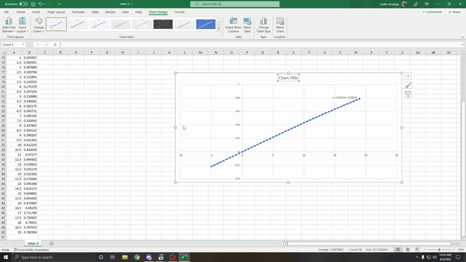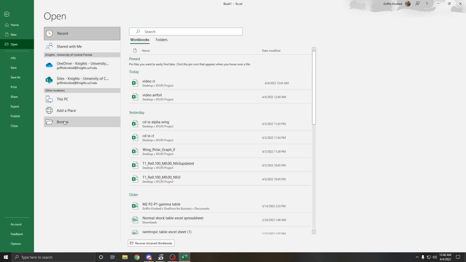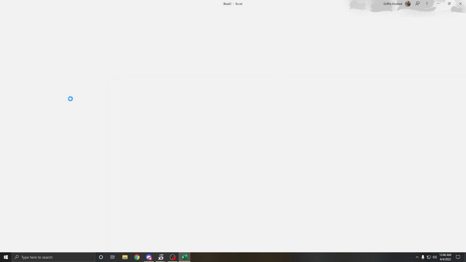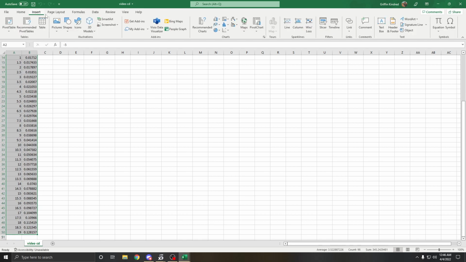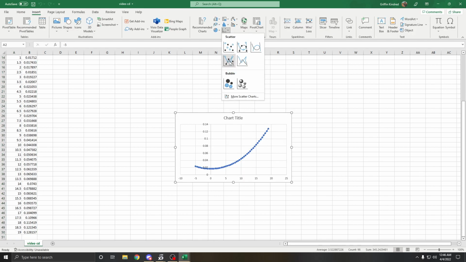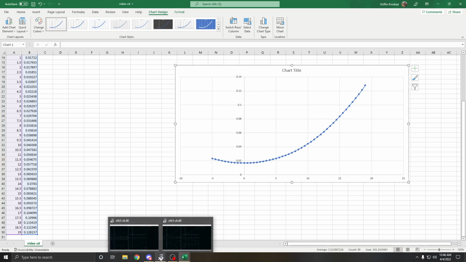We can change that, and we obviously will add titles. This is just how to do it. I'm just trying to do this as quick as possible to save the viewer the time. And then for the next part, let's just show the CD graph. So video CD, same thing, just hold and click all the plot points, insert little scatter graph here, and as you can see, we got a nice little CD over alpha. Obviously we can rename that, we can add the titles there, we don't need the slope. And we will add all this to the report, and that is how to do the